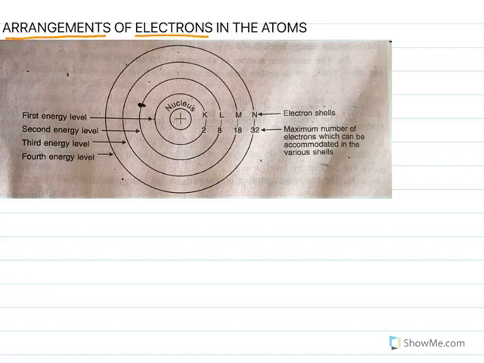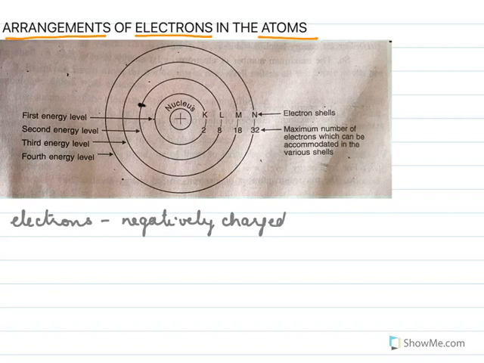Arrangement of electrons in an atom. Now we have learnt that electrons are negatively charged and they are present outside the nucleus. These electrons form a negative cloud outside the nucleus